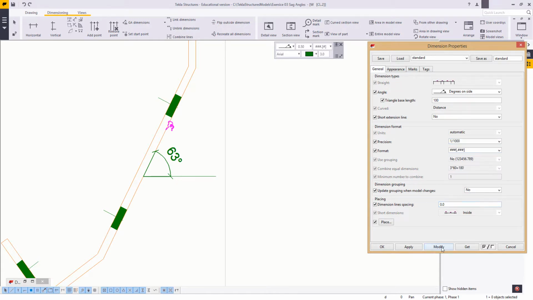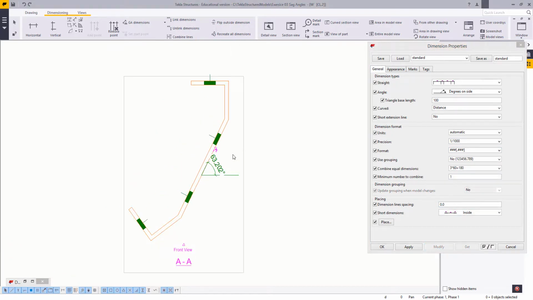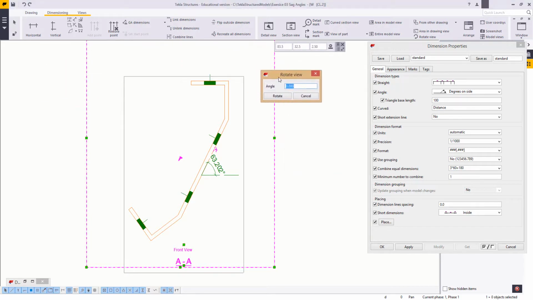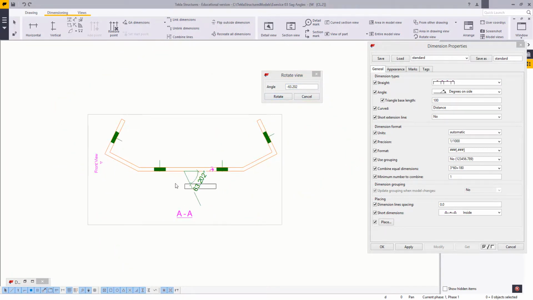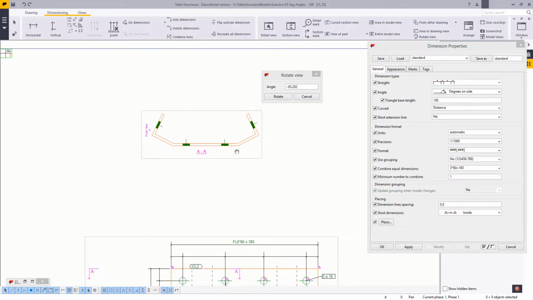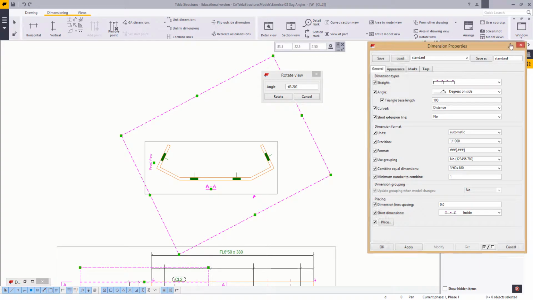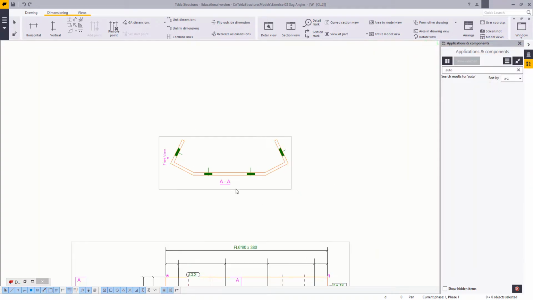Once that's done, we can select our gray outline, go to rotate, and just type it in here. I do believe I want to bring it back, so a minus should suffice. Once that's done, you can get rid of this new line with its dimension. Now that we've got it in the appropriate